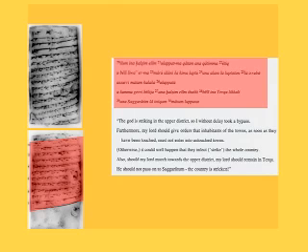The writer mentions the danger that inhabitants of afflicted towns could try to take refuge in other settlements and thus spread the disease. This is the text highlighted on the tablet over here. "The god is striking in the upper district, so I without delay took a bypass. Furthermore, my lord should give orders that inhabitants of the towns, as soon as they have been touched, must not enter into untouched towns. Otherwise, it could well happen that they strike the whole country. Also, if my lord marches towards the upper district, my lord should remain in the city of Terqa. He should not go on to the city of Sagaratum. The country is stricken."